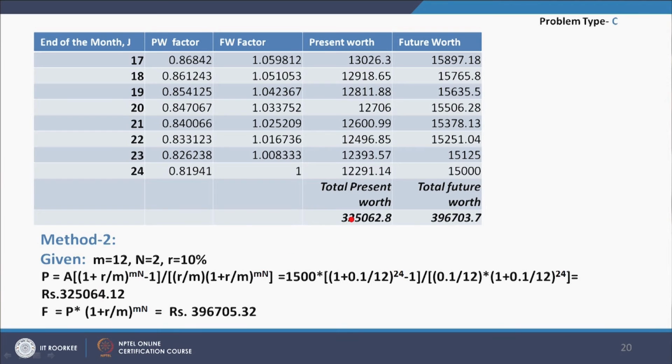There is a little bit of change in rupees, about 2 rupees or so, because there will be errors in these calculations and rounding errors, and that is why this 2 rupees difference has come. The future value we can calculate from this if the present value is available. So, this comes to 39,607.05. Here also a 2 rupees difference is there due to the rounding off.